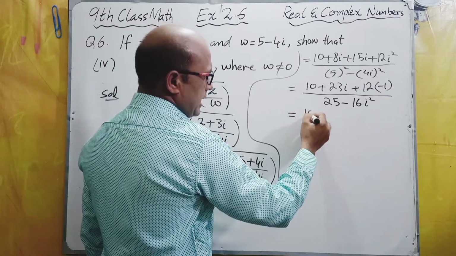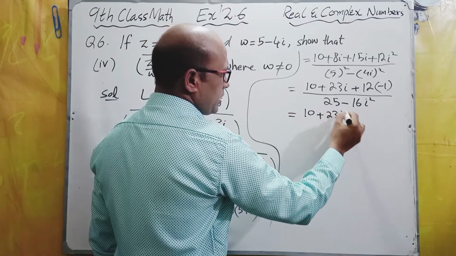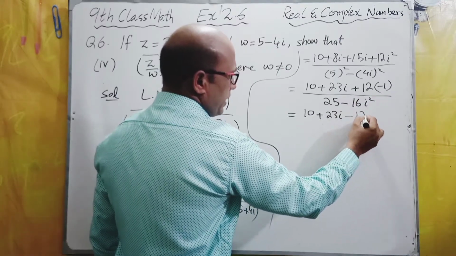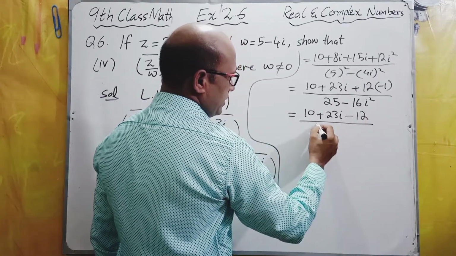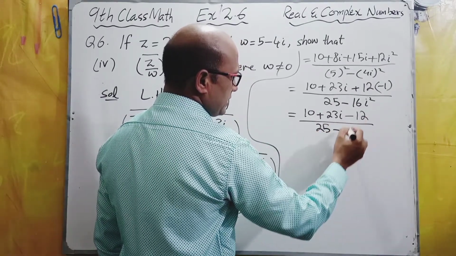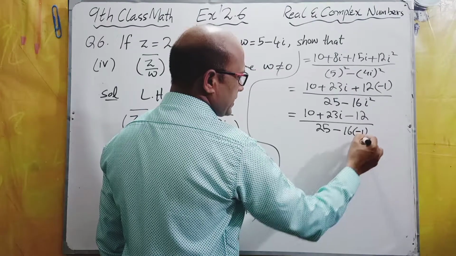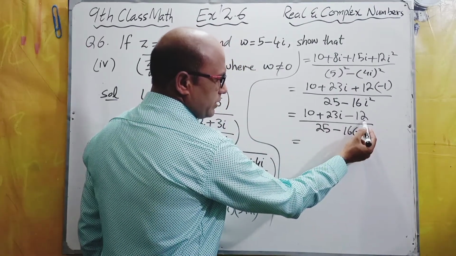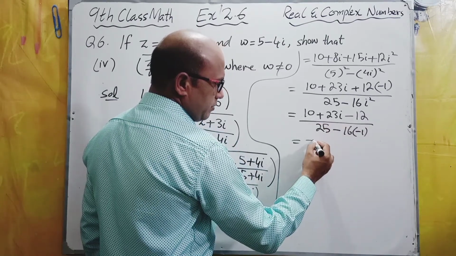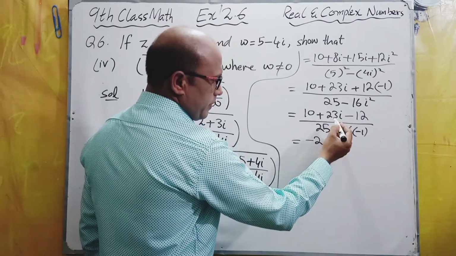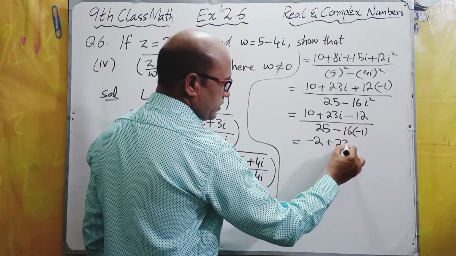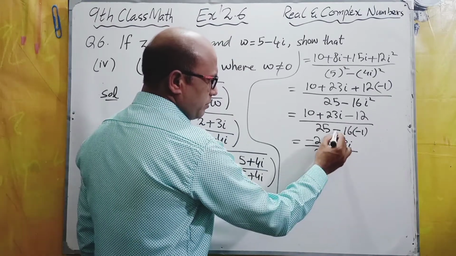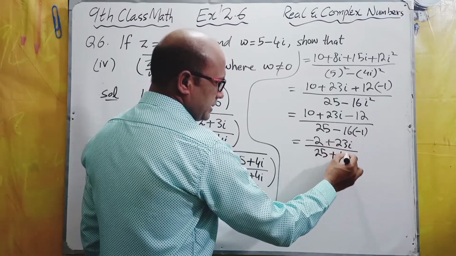Now 10 as it is, 23 iota as it is, plus minus 12 ones are 12, over 25 minus 16 into minus 1. 10 and minus 12 will be subtracted, giving minus 2, and plus 23 iota is the numerator, and 25 plus 16 ones are